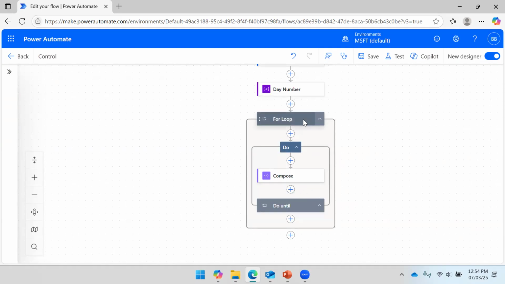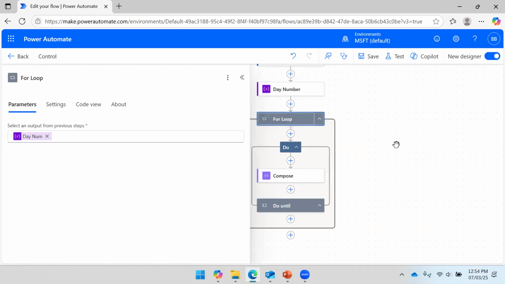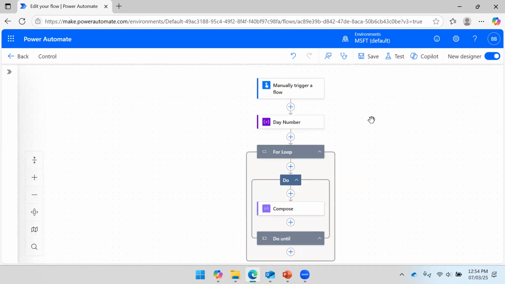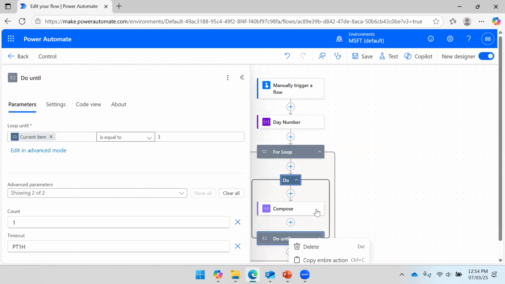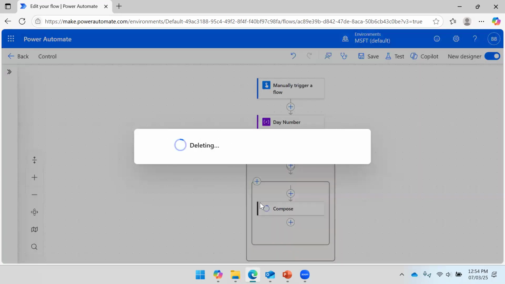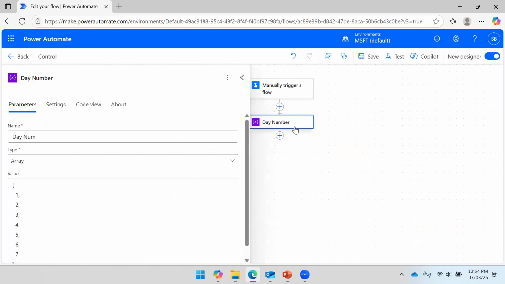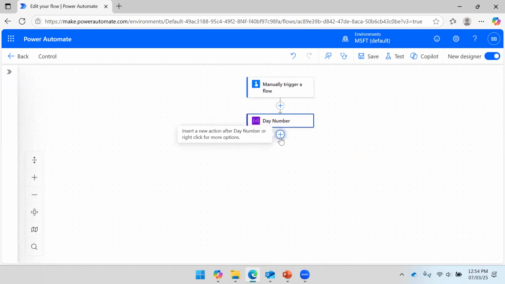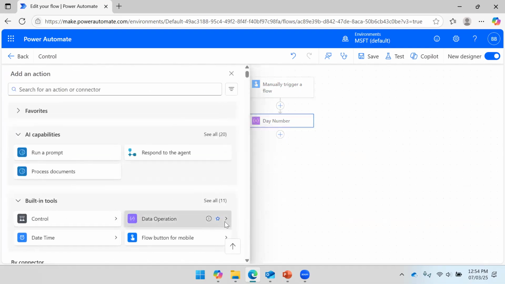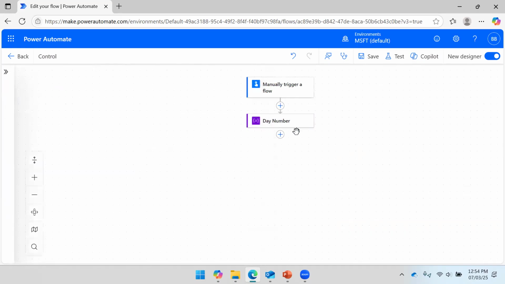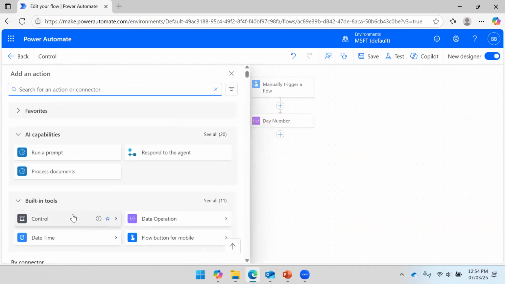Okay. So this method is not good to use. So what I will do is delete this, delete this. This is my array. I would like to use this while loop. So how do we use the while loop in programming? First of all, we create a variable